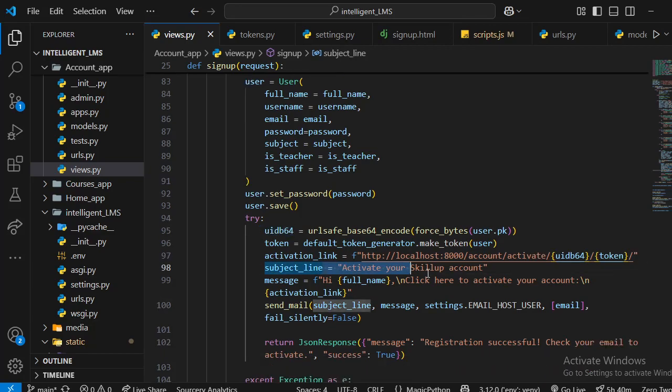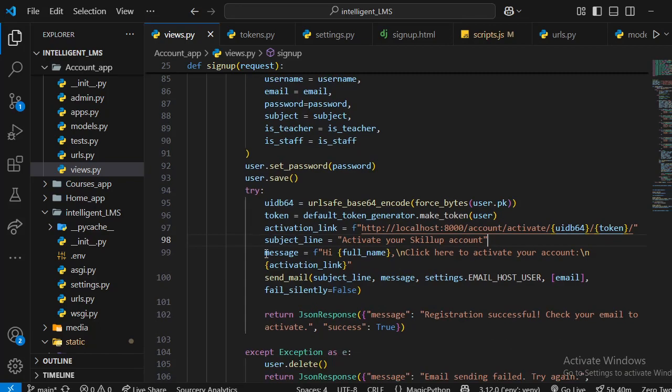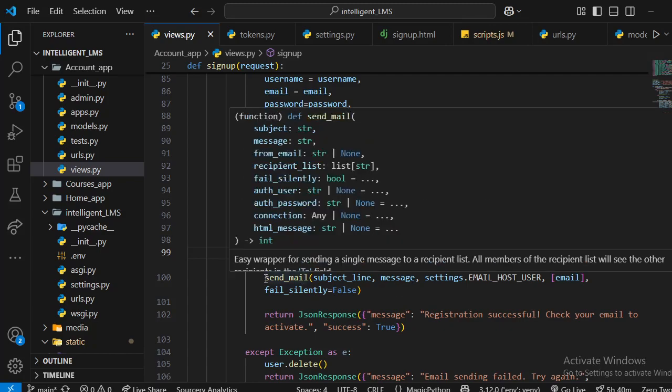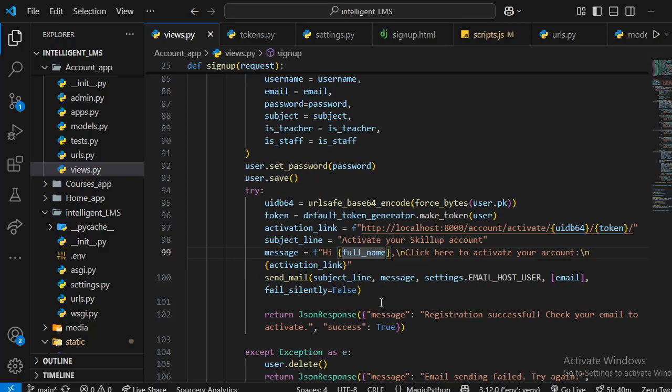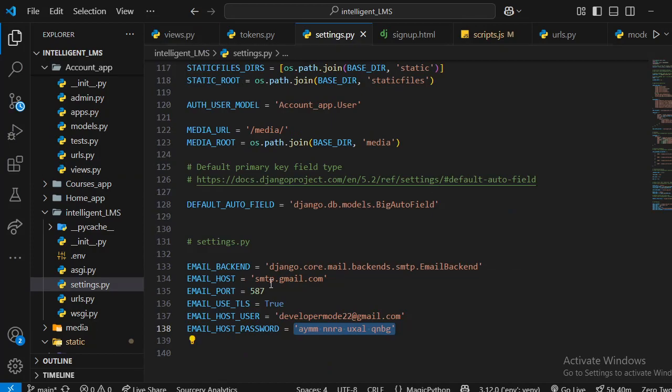So here I define the subject line, "Activate your account," and the message will be here your full name, that means the user's full name which is registered, and "Click here to activate your account." This is only for the message, and here I define the activation link. Then we send the mail, and on this send mail functionality we give these parameters: subject line, message, settings.EMAIL_HOST_USER,